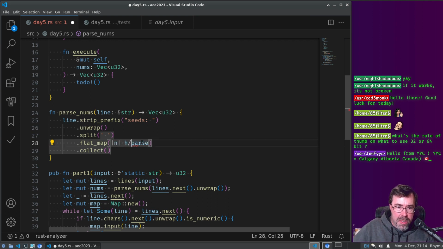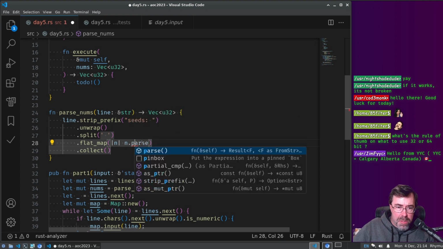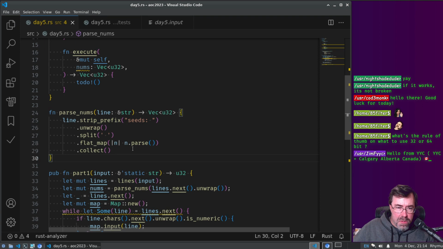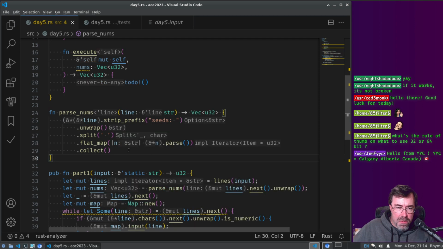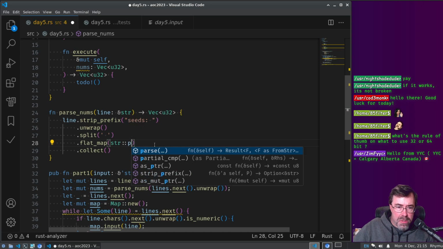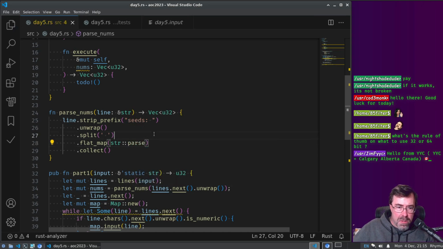Wouldn't it just be n parse? Oh, I see. It's str parse. And since that's generic on a type, it gets the type from that.